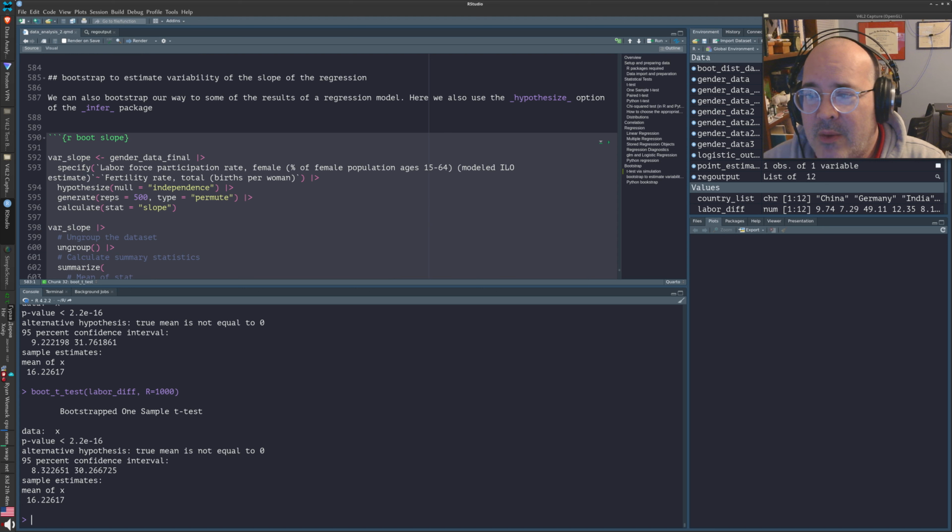Okay, so now we will use the Bootstrap to estimate the variability of the slope in a regression. This is a very similar concept, but I just want to introduce this one because there is a fourth verb or step that we can use with infer called hypothesize, and that comes into this kind of statement. Right, so I'm going to create something called var slope,